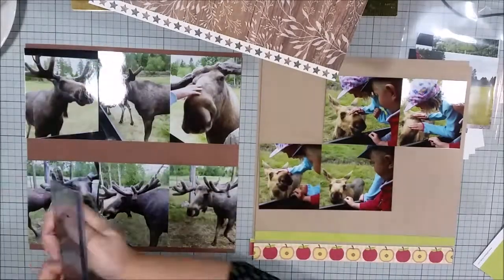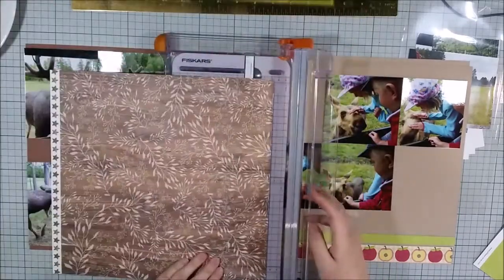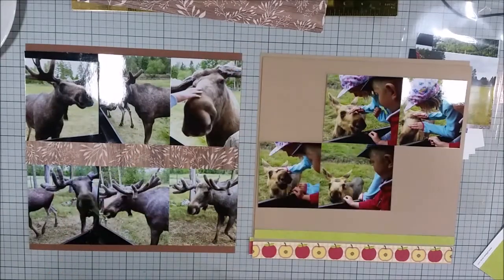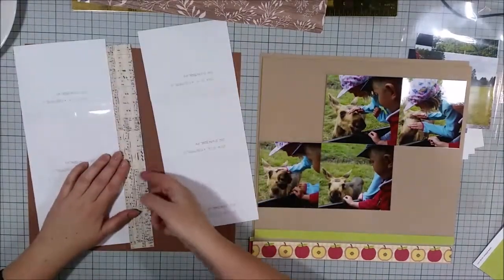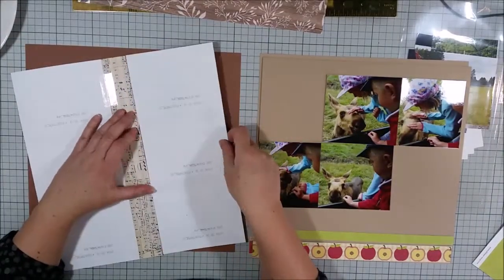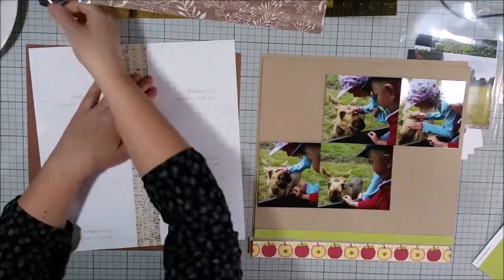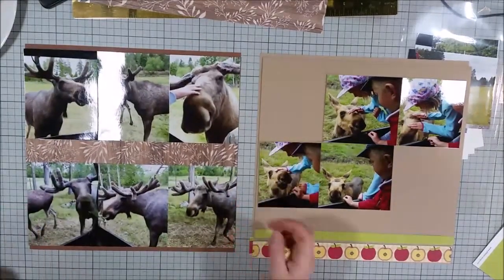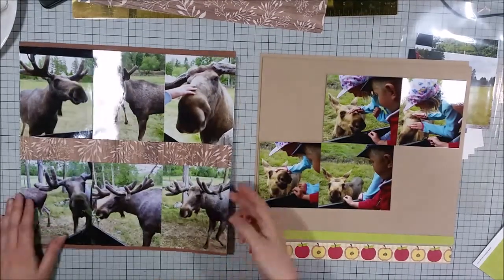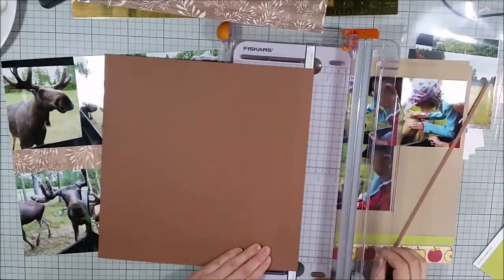And I took hundreds of photos. You can imagine my telephone was going warm, and I took photos of the kids feeding the animals, and I took close-up shots of the animals, and then I also happened to capture a little moose calf feeding from his mother, and that was just the sweetest. He was only 2 months old, and he was so soft, and